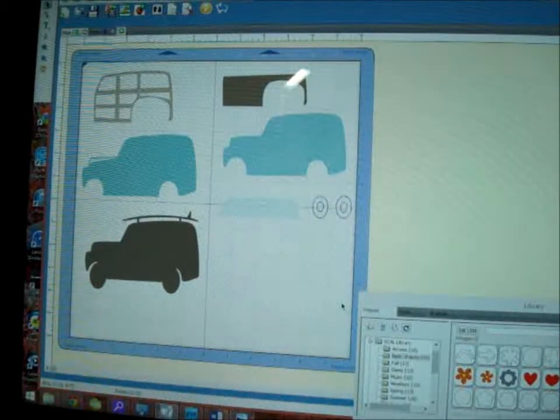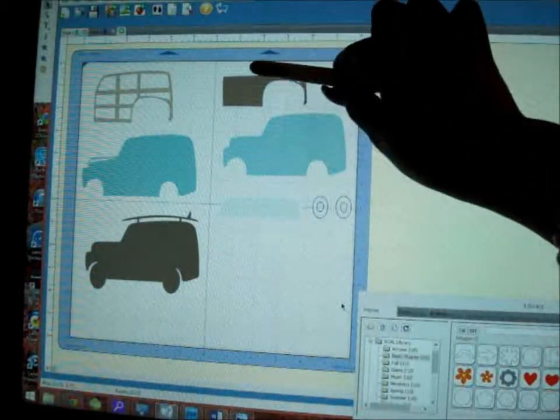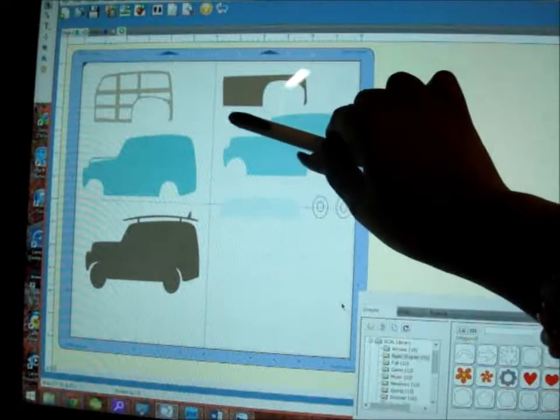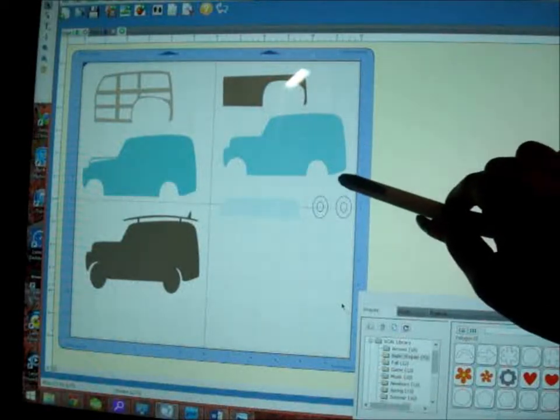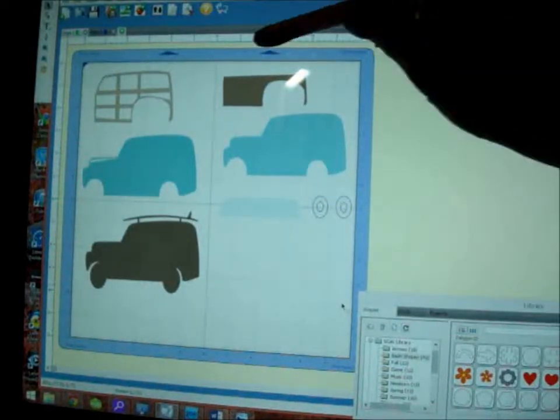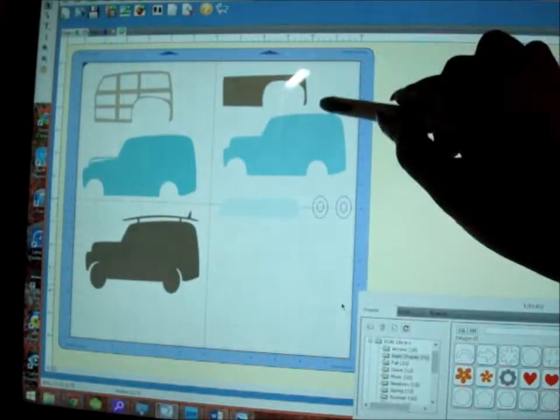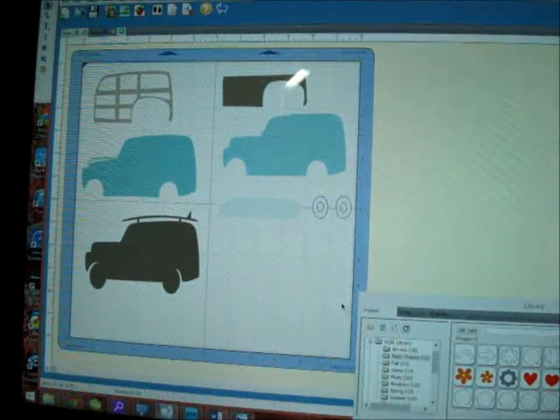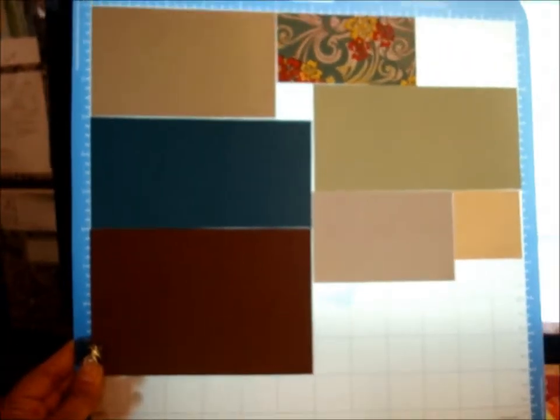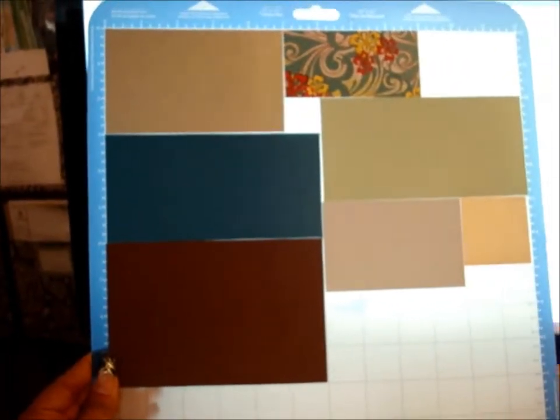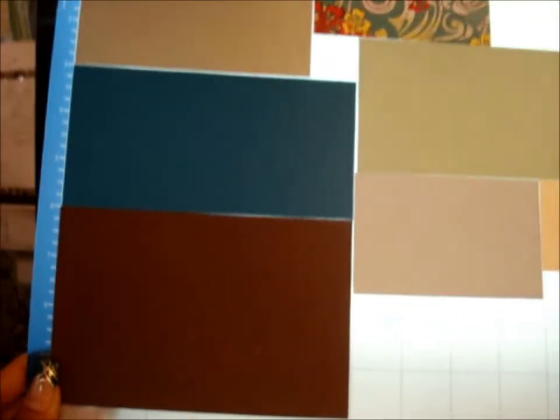So I got a designer sheet paper that covers this entire piece, and then this piece I just go from 6 to 12, so that's 6 inches across and 3 inches going down, and so forth. So each cut has a different cardstock, and this is how my cutting sheet looks like. So I have it set up where it's going to cut, and they're all individually sized so that it could be just right. So let me take you over to my machine, and I'm going to insert my cutting sheet